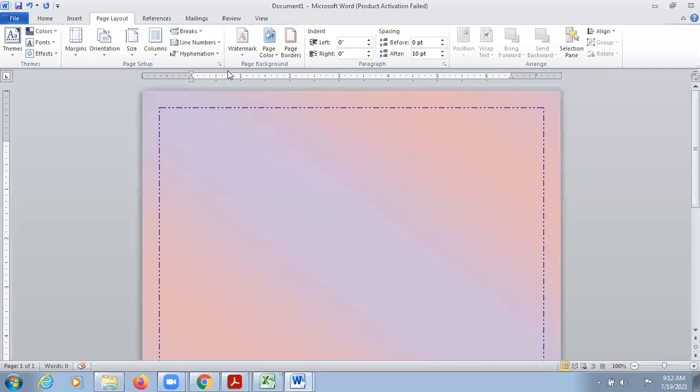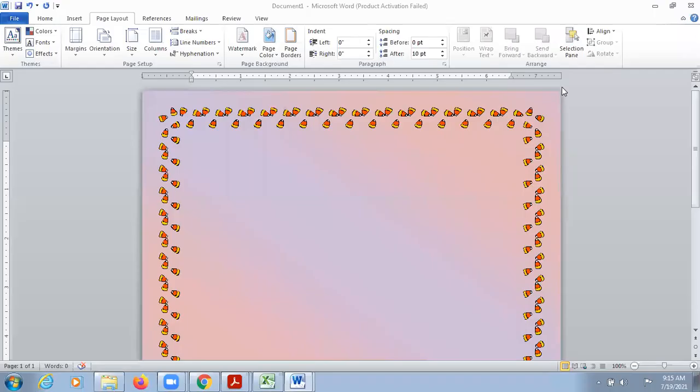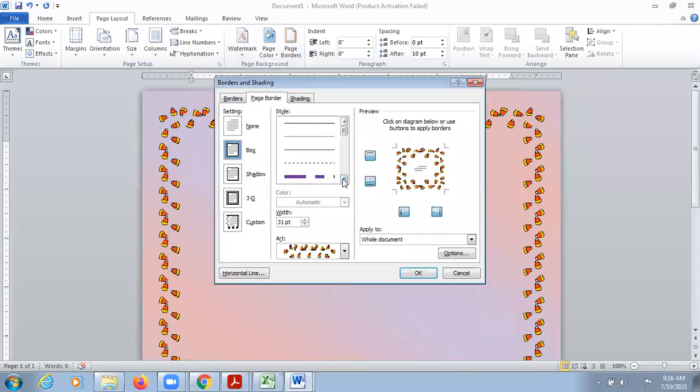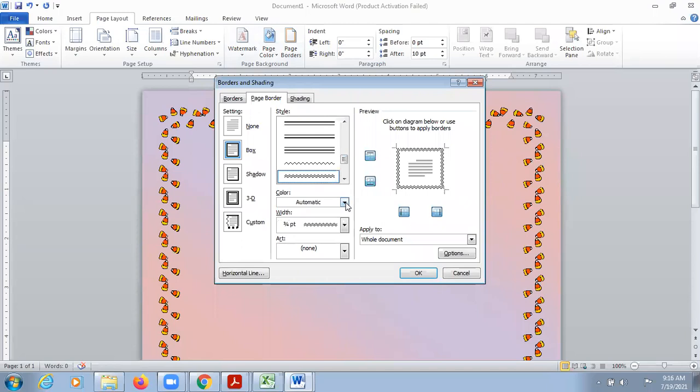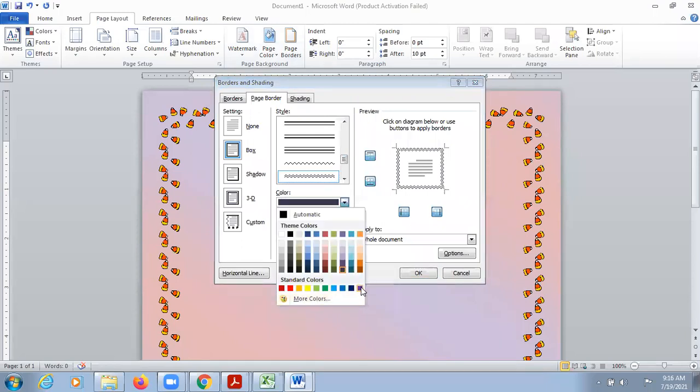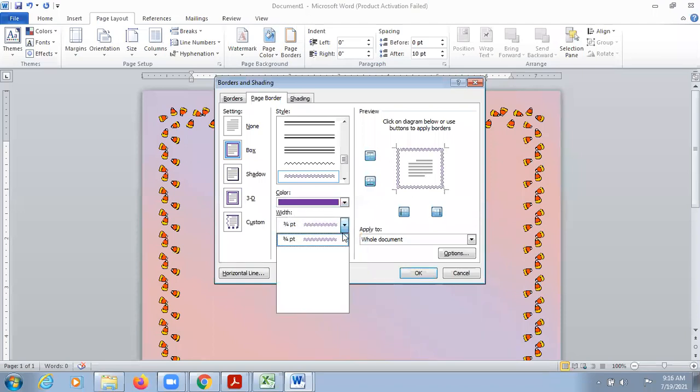Now I wanted to insert, okay, so I'm going to change the page border also. Let's say I wanted to create a zigzag border, and the color should be purple, not this purple, and the thickness, okay, we have only this one thickness for this.